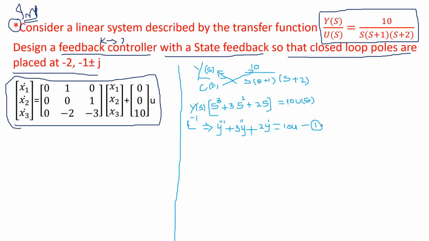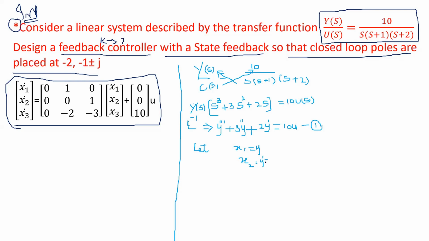So you have to follow this procedure at the time of conversion of a transfer function into a state model. This is the phase variable form of the state model. Therefore, we have to assume, for the differential equation, how to find the state equation. Let the first state variable x1 be the output of the system, therefore x1 is always y. What is the next state variable? The next state variable x2 is the derivative of the output, that is y dash.